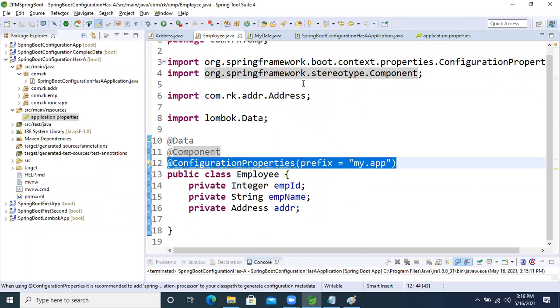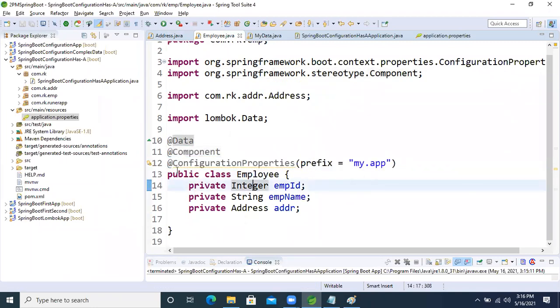We don't need to apply @Component on the dependency classes, guys. So fine, now let's move on and see the next level discussion.